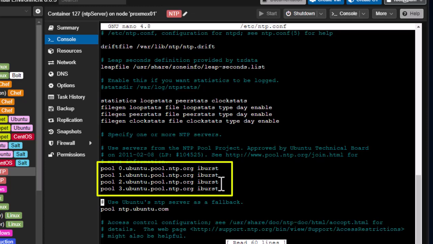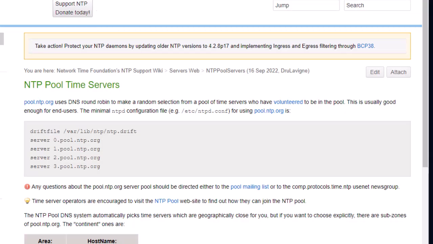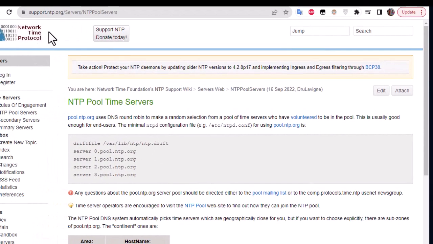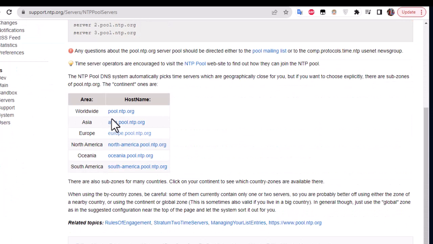For that, in order to get the servers near to you, you go to this site called support.ntp.org. Okay,